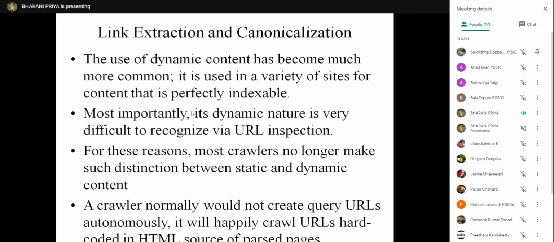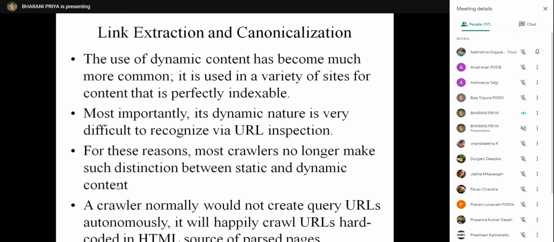Most importantly, the dynamic nature is difficult to recognize via URL inspection nowadays, because we are no more using CGI scripts. We are using Python and Java programs to interact with the database, and finding dynamic pages by seeing the URLs has become difficult.